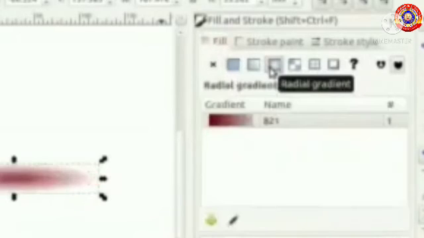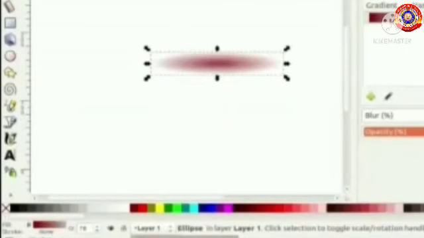Now to give gradient effect, we have to select the Gradient option from the small arrow seen at the bottom of the toolbox here. Click on the arrow and take the option Gradient.